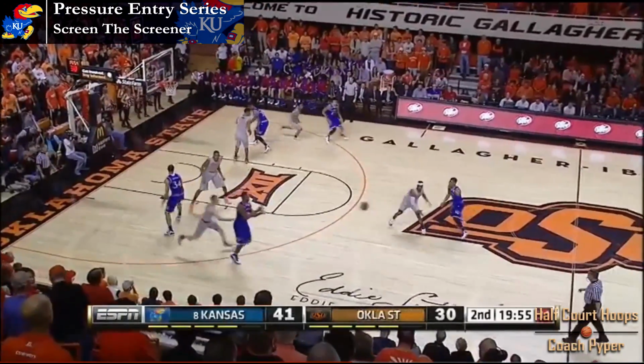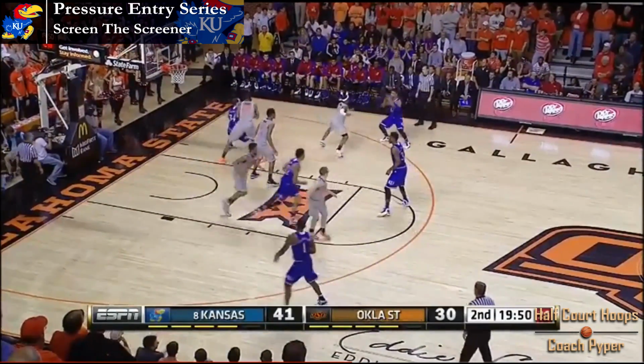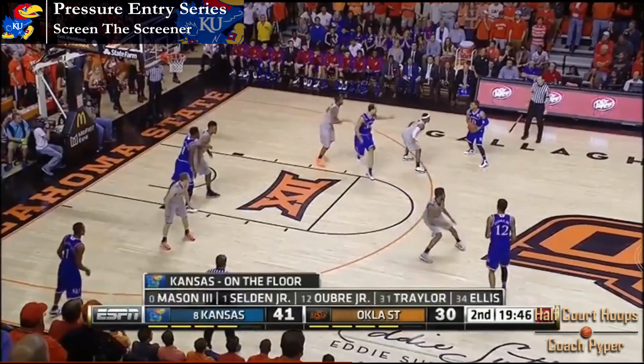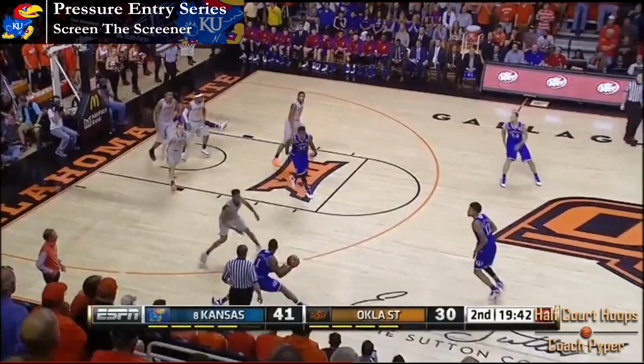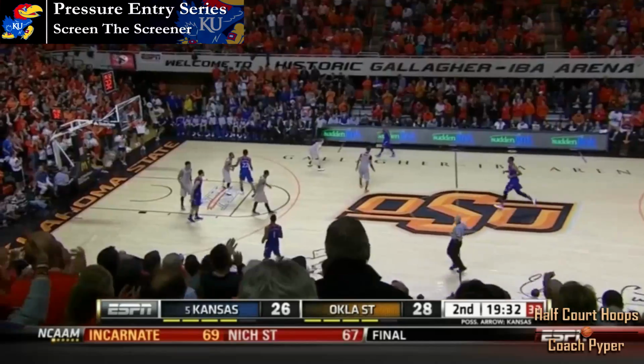Oklahoma State did some good things. They forced 11 turnovers in the first half. But when you don't shoot it from 3, it just shows you the power of the 3-point shot, the need to defend it and to make it. Almost another turnover by the Jayhawks here. Oubre open 3. Not